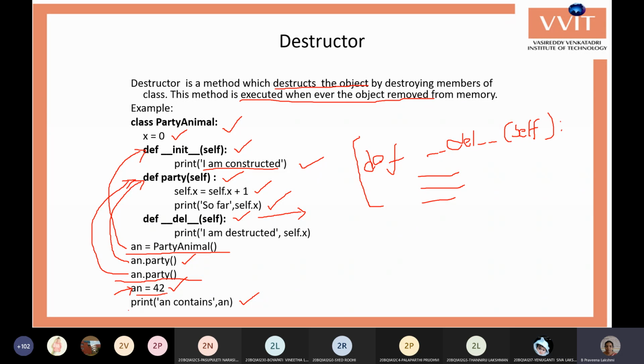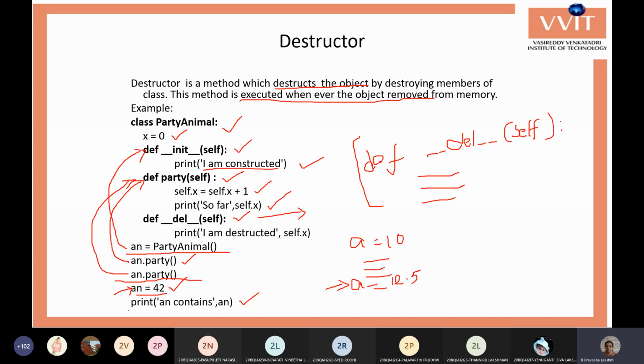Whenever you create a variable with a value, say for example a equals 10 initially, and after some lines of code you use the same variable and assign a different type of value, like 12.5, what happens is that first it deletes the existing variable a from the memory. Then it creates a new variable a and assigns the value 12.5, because the data type has changed.